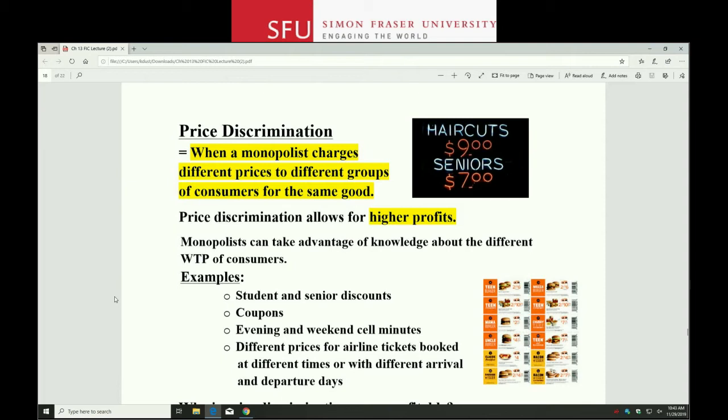So both the airline tickets and the cell phone plans, they take advantage of what they know about people's demand at different times. So with your cell phones, for example, usually it's more expensive to talk on your phone during the week, during the day, and then it's cheaper if it's on the weekend or in the evening. The difference is that if you're talking on your phone in the evening or on the weekend, you're probably talking to friends or family, right? And so then your demand is more elastic, you're more flexible about when you talk and how long you talk and so on.